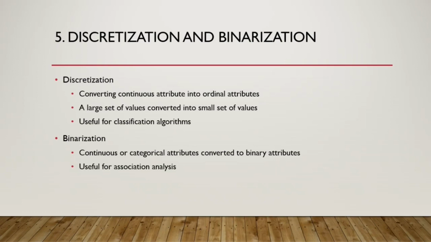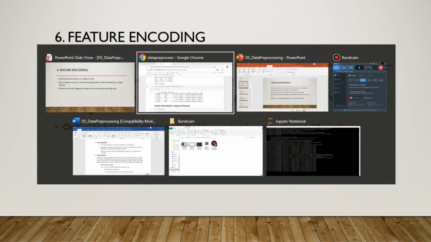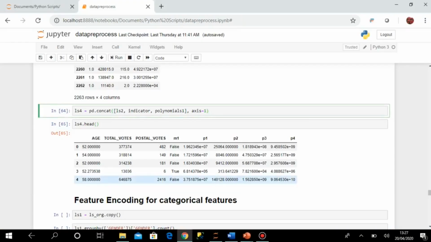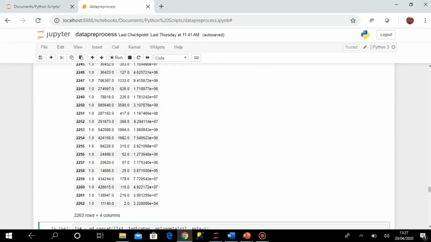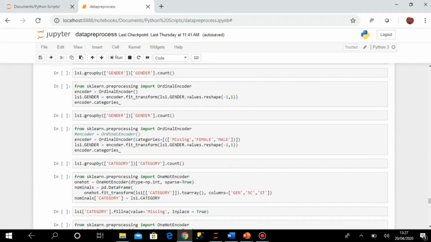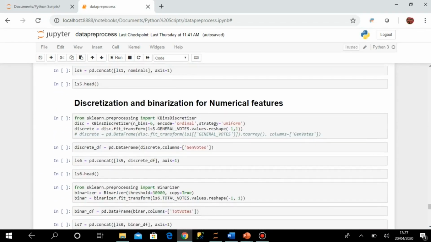But first, let us have some hands-on on how to do discretization and binarization. Okay, so let us go back to our script. Okay, so we have done this feature engineering. I will go to discretization and binarization.